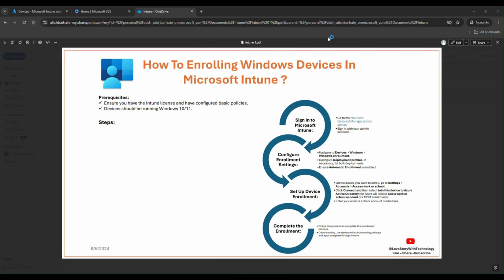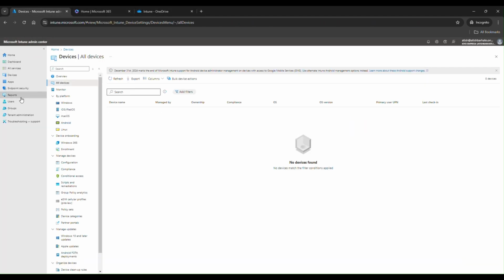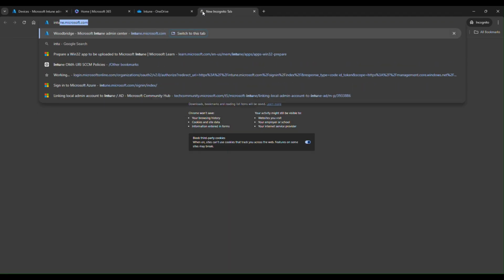My name is Atish. Today we are going to see how to enroll a Windows device in Microsoft Intune. So let's start with the Microsoft Intune dashboard. We just need to move to the Intune admin center. You can simply type